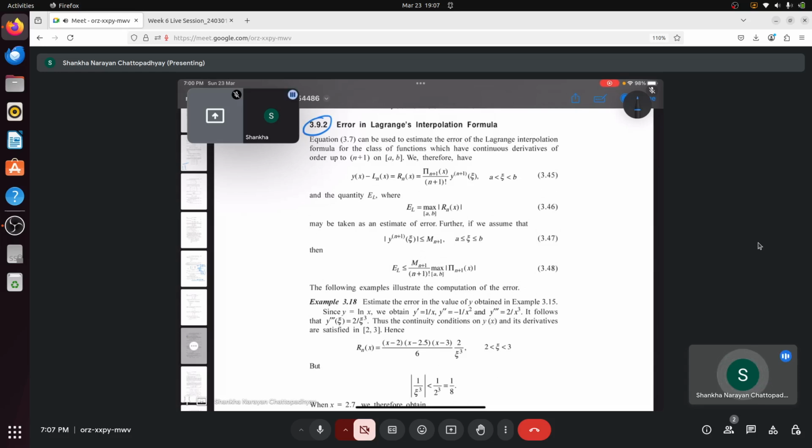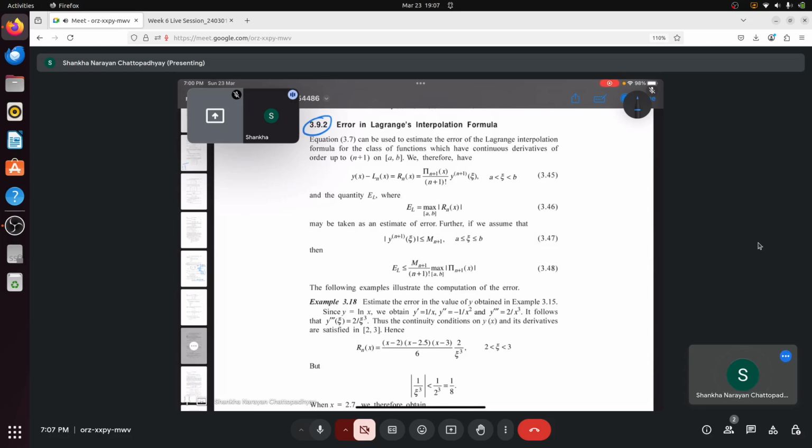So y triple prime xi is 2 by xi cube, and between 2 to 3 the continuity of the derivatives is satisfied. So Rn x will be x minus 2 into x minus 2.5 into x minus 3 by factorial 3 into